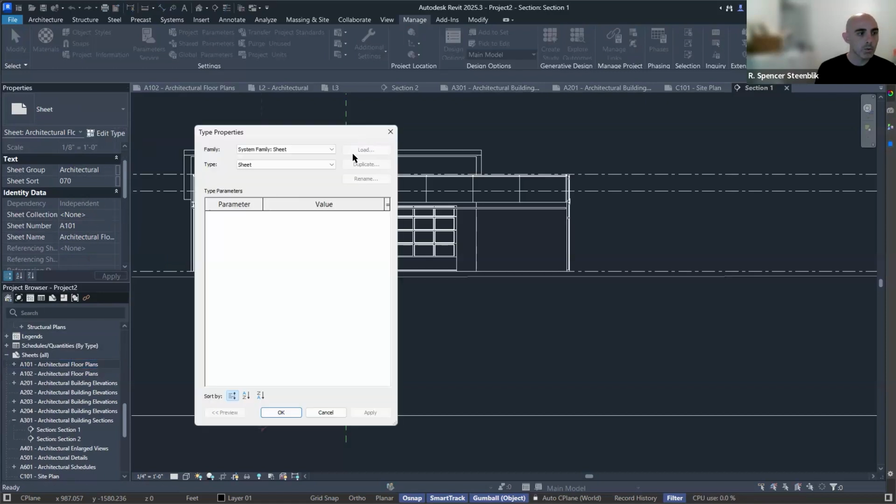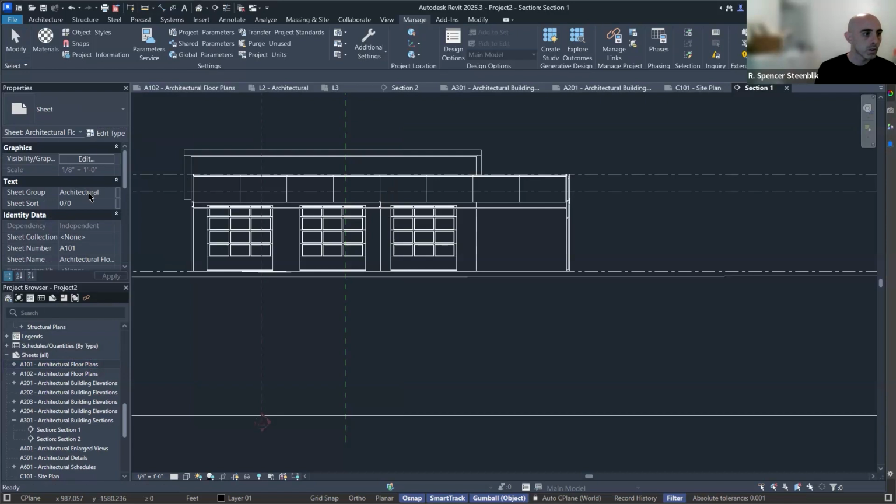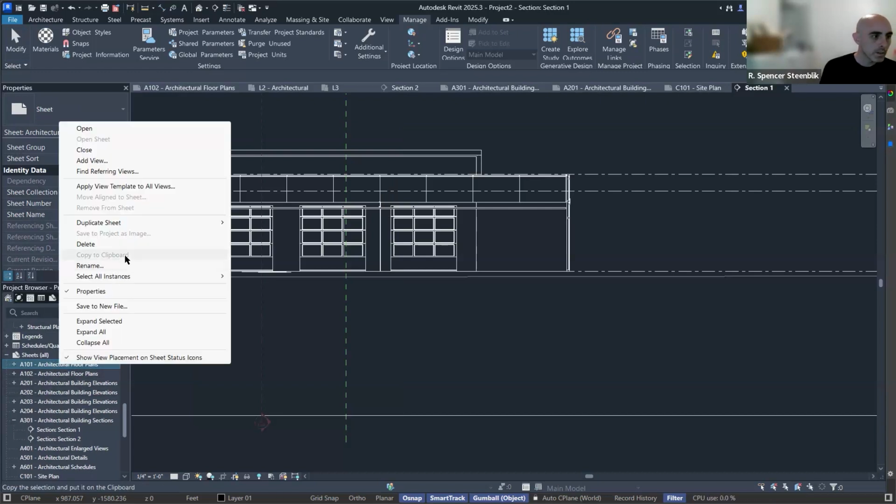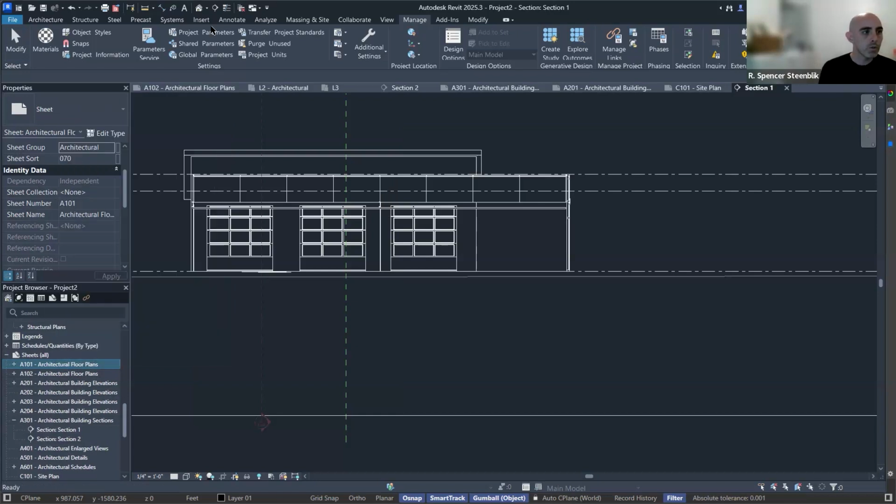Edit type, nope. Sheet group, architectural. I'm trying to remember here what it is. Apply view template to all. If we make a new view, a new sheet,